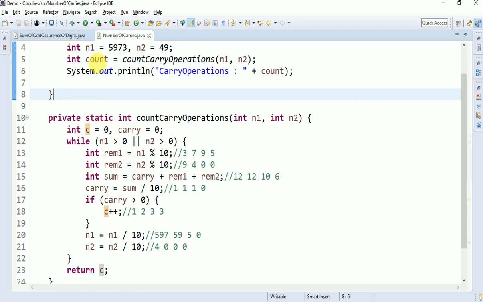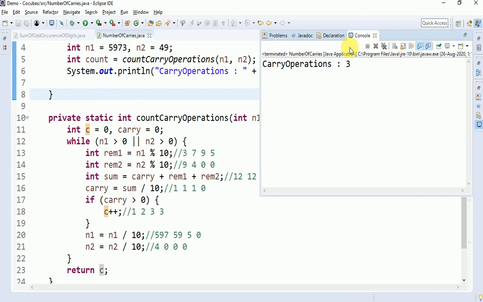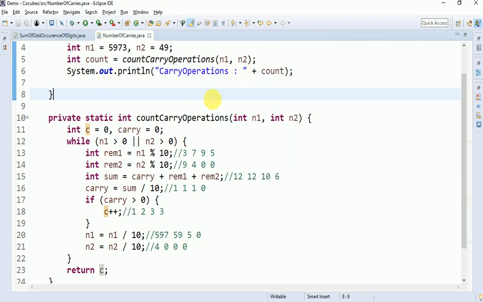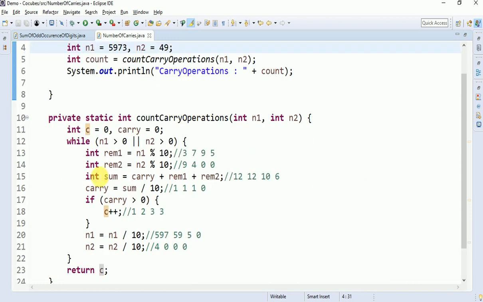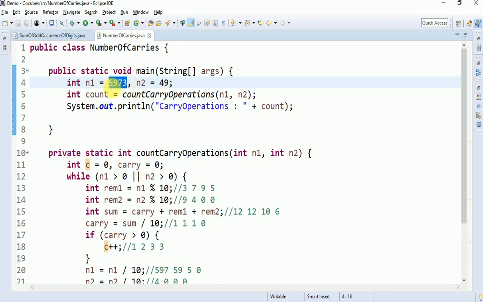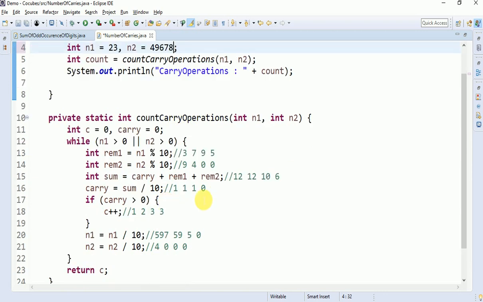So how many carries are there? 3 carries over here. Okay, carry operations are 3. So for any kind of example, I mean 2 digits or 1 digit, anything, you get the correct answer. If you want, you can try it. Not only the big number given over here, you can give a 2-digit number over here and a 5-digit number over here. When you add, how many carry operations do you get? As it is, you get it for the same code.